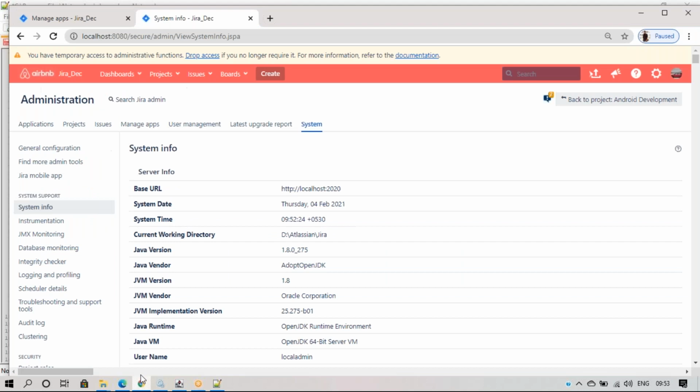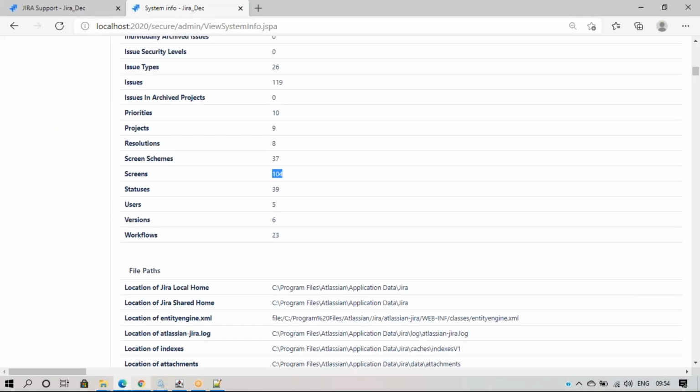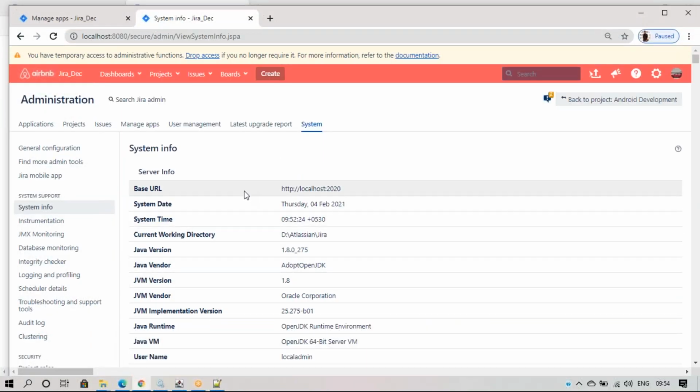But remember one thing here. Suppose before, on 8080 I have 4 projects, and the source, a different instance, has 10 projects. When I import the data, the existing data will not be available, it is overridden, not replaced. Suppose this 8080 has 5 projects and I need to get these 5 projects into here, so that I have 10 projects here. It is not possible. When you are importing the data from an XML backup, that data will be overridden and the existing data will be lost.